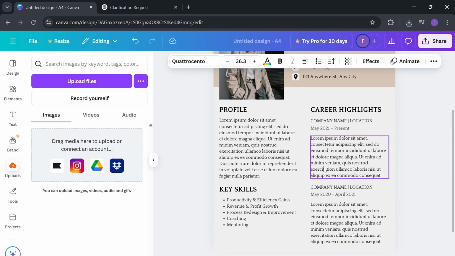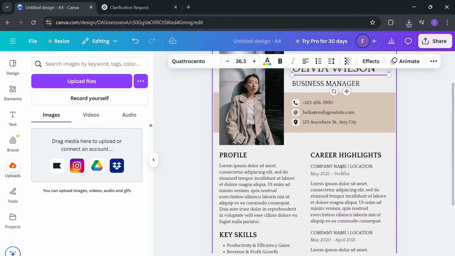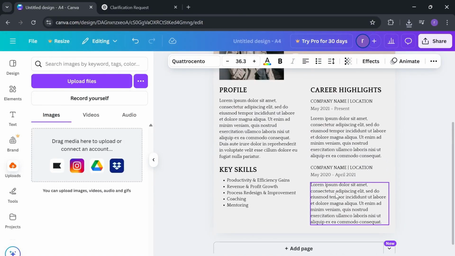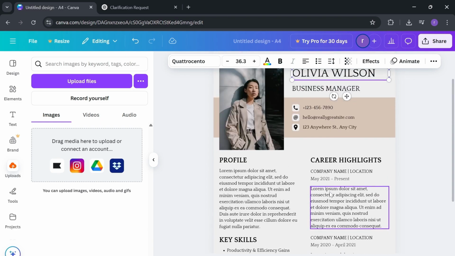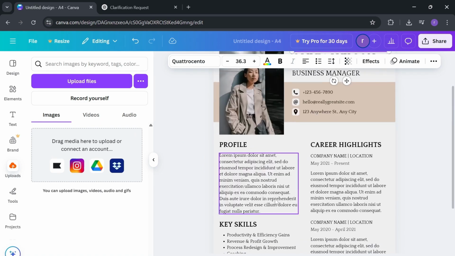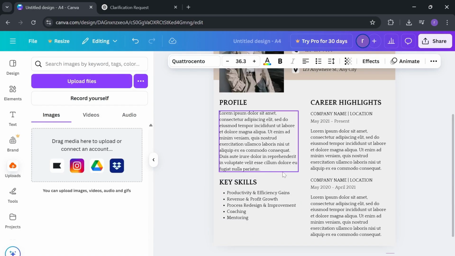So you also need to add your education below or beside, depending on the template. As we can see in this template, they have not mentioned their education. So if you have graduated, or if your job title or profession is based on your education, of course try to add your education history somewhere here, or you can also select some other templates which have the education category